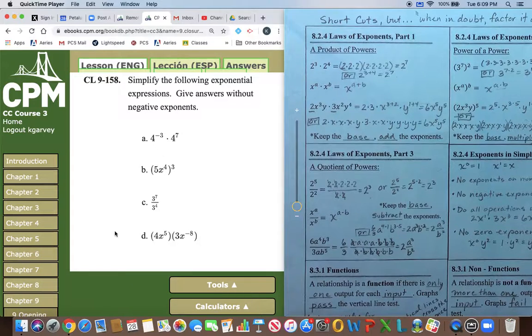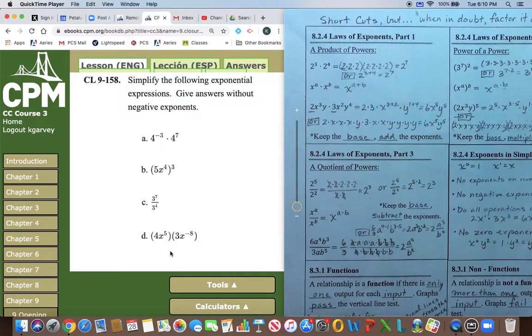Problem D of closure problem 9-158 is a combination of a product of powers, because we're multiplying these two powers together, and working with a negative exponent. So what we're going to do first is I'll show you how to do this problem using our